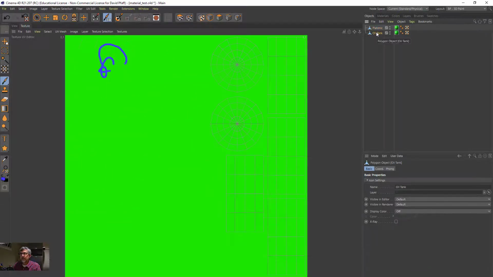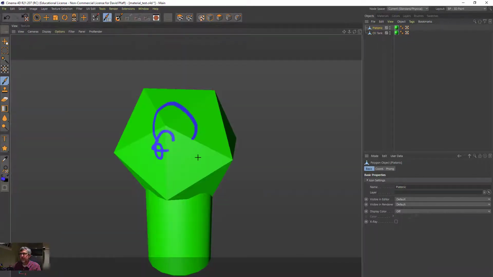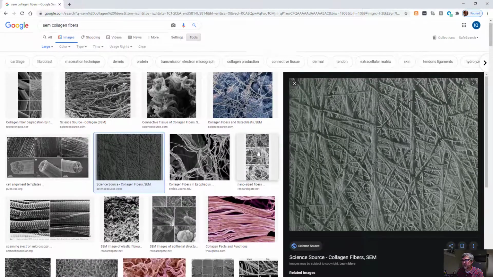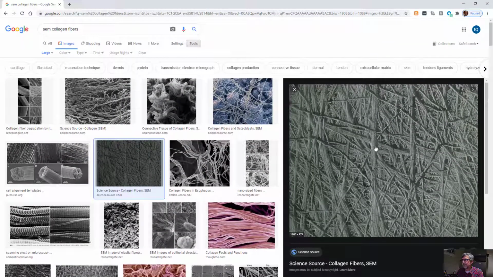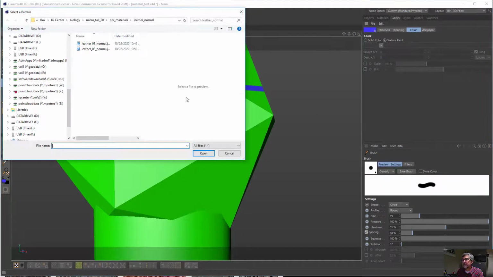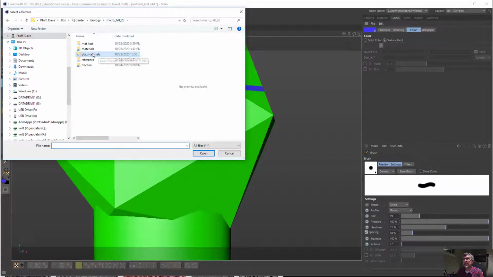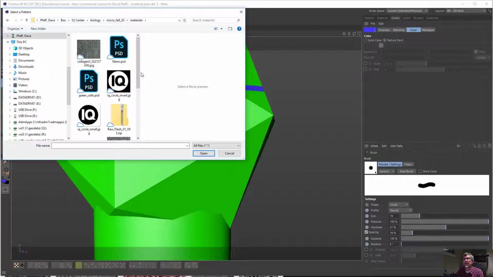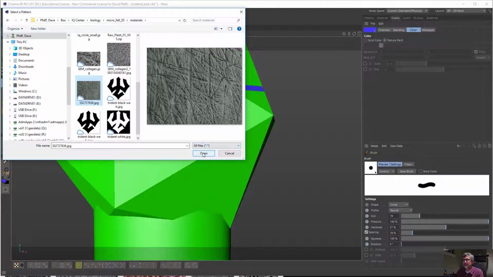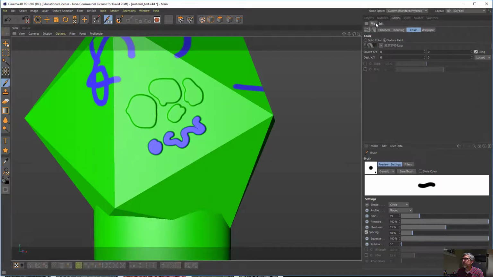Okay, now let me talk a little bit about painting with textures. So I'm going to go find a texture, and this can be anywhere. This can be like a Google image search. Here's a Google image search for collagen fibers. We can save this file to a disk, and then we can go load from disk, and we can go find that. Here's that image from Google. I can open it. And now that is